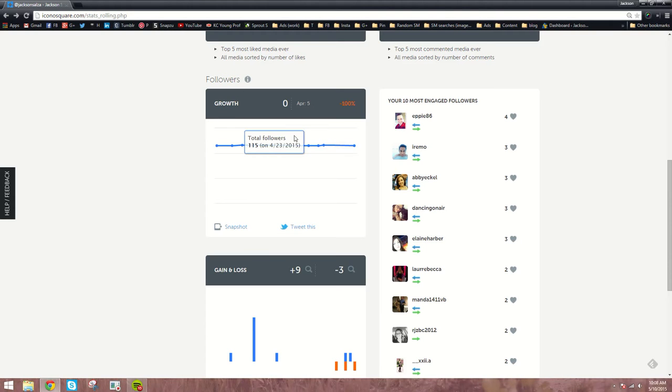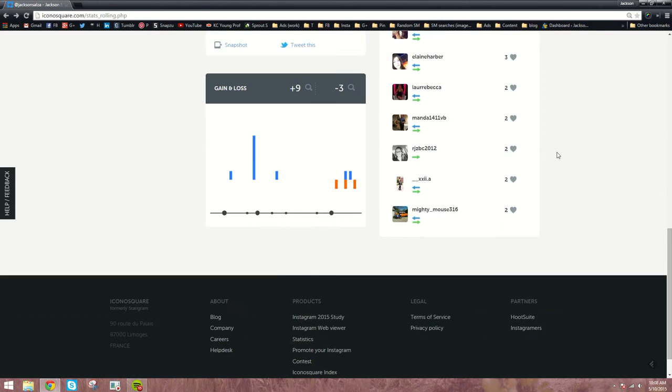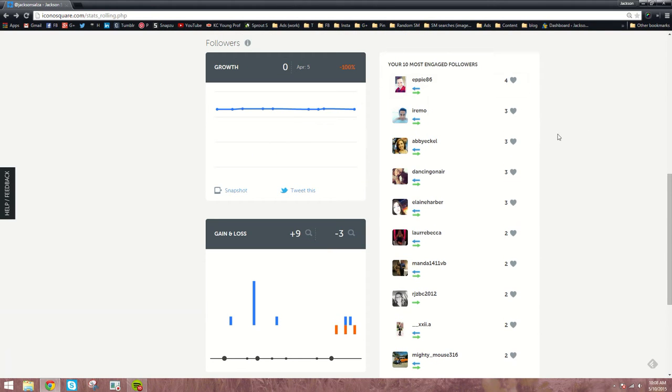You can see the growth over... I don't have any obviously, but this would show it was like 1, 2, whatever. Have a line graph. And then these are your 10 most engaged followers. And this is huge. This is just for the last month, but it's really big for companies, small businesses in general. So if you have some people that are very active and always engaging with you month after month,